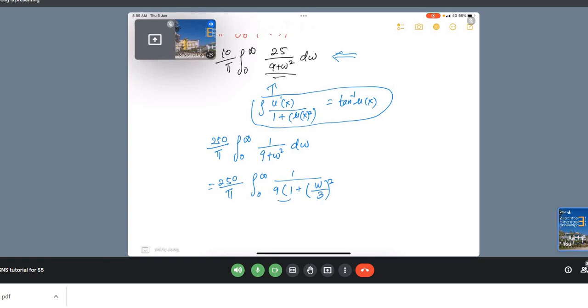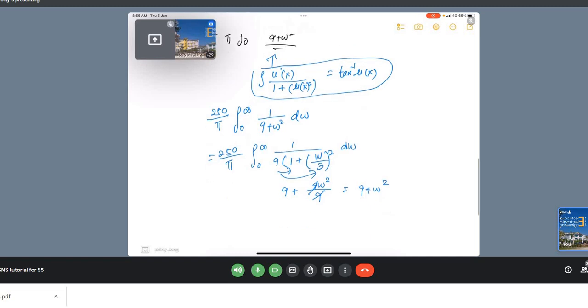If we multiply in, we still obtain 9 plus 9 omega square divided by 9, but cancel out, you obtain 9 plus omega square, right? So it's the same value, so we just change the format only. Then d omega. So from here